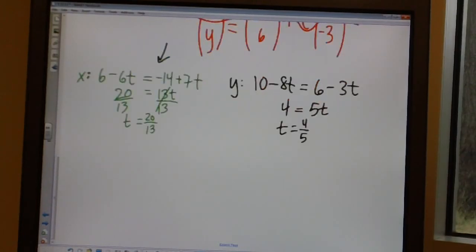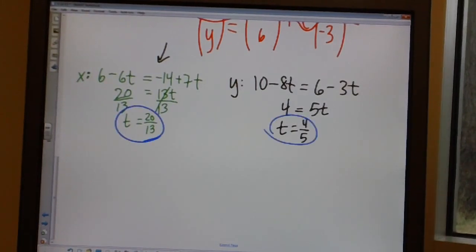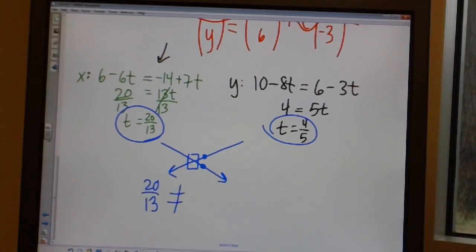All right, so I can see that I have 2 different values of time. This system is inconsistent. That means that even though these ships' paths are going to cross, the ships are not going to be in the same place when they do. So because this time is not equal to this time, there's going to